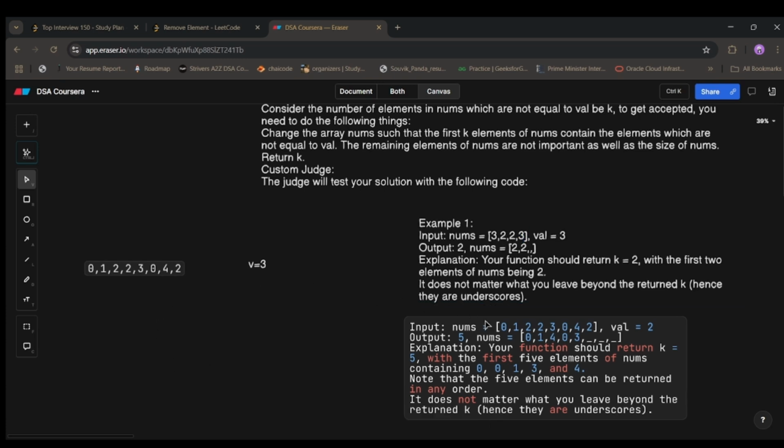Okay, so there are two examples given. 3 2 2 3. If we remove just the 3s, there is just 2 and 2 left, so we return those two values. Here in this bigger problem, as you can see, there is a big array given: 0 1 2 2 3 0 4 2, and the value will be